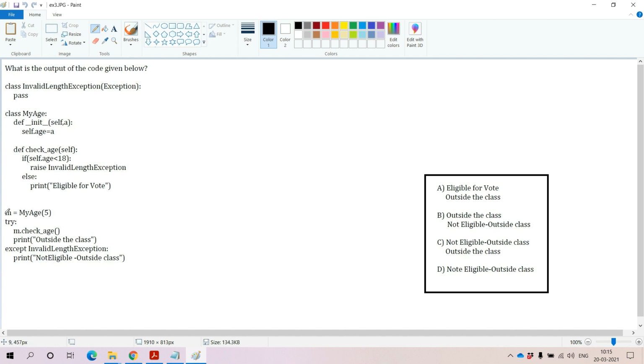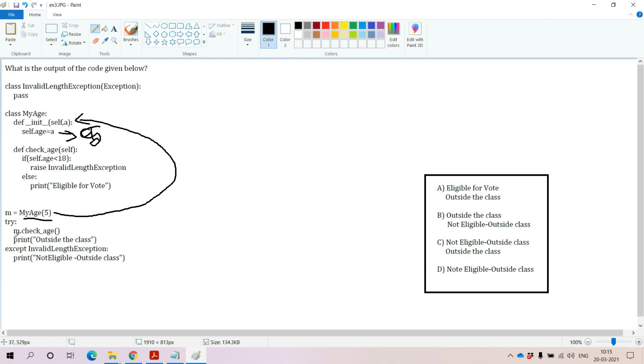Now coming to the execution flow, first, at the time of creating the object of MyAge class, we are calling the parameterized constructor, and we are passing 5 as the value to the parameterized constructor. And it will transfer the control flow to the parameterized constructor. Within the MyAge class, we have one instance variable. The variable name itself is self.age. Whatever value we are passing, 5, will be available in a, and that will be assigned to the self.age. That means the age of this MyAge class will become 5. And the object with respect to the MyAge class is m.